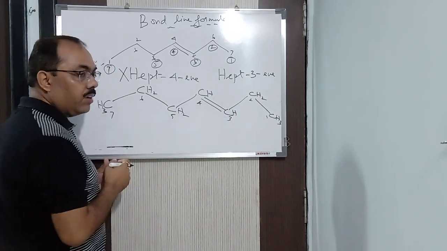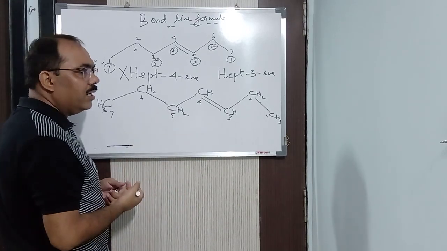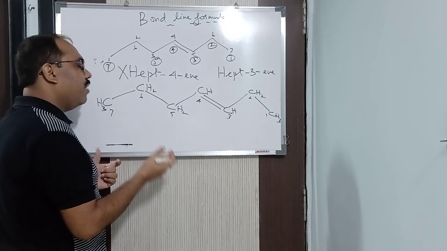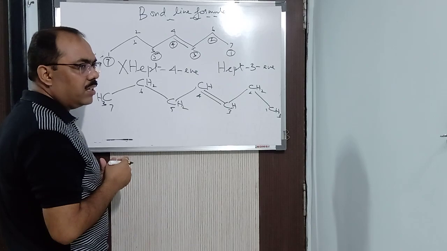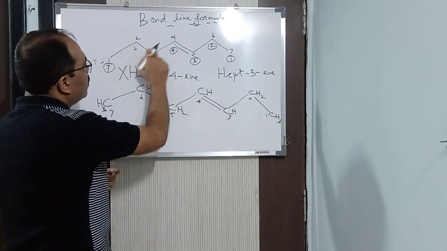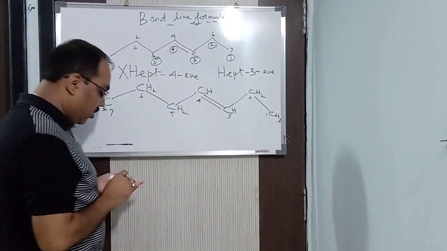You simplify it in this way and write it down. Once you understand it, then you can write it directly. As I am writing it directly, you can write it directly. So this is known as bond line formula, where we don't put the carbon, hydrogen and all these things. We don't put them. We write the functional group in certain cases, and we simply count the number of atoms in this way and write the IUPAC name. Alright, some more examples I will give you.